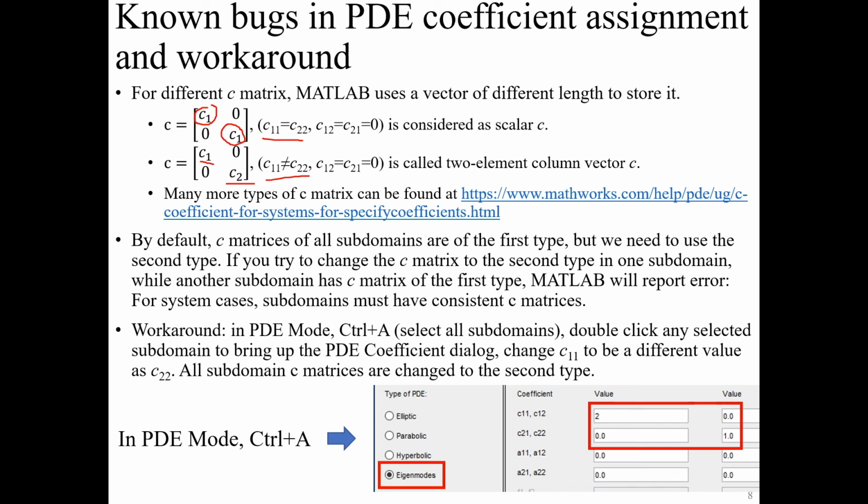So by default, C11 is equal to C22. And MATLAB internally uses the scalar C storage method. However, we need to use the second type. If you try to change the C matrix to the second type in one subdomain, while our